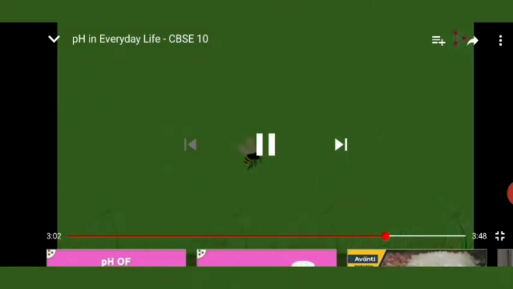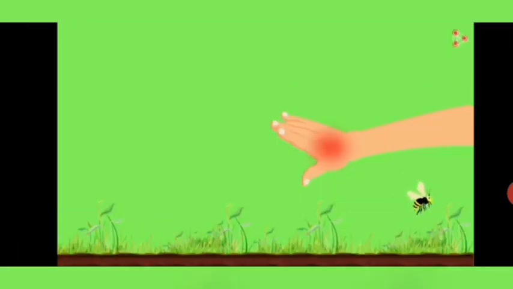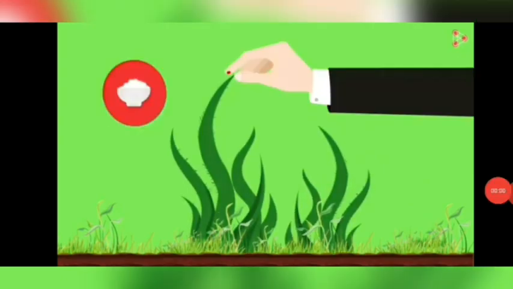Similarly, we see this in the case of the honeybee. When it bites, it injects formic acid in a particular part, which creates irritation. So what could be done? At the same time, some antacid or a base could be applied onto it, so that it would get relieved. Similarly, in nature also, acids get into our body, and we are able to deal with that with the help of a base.